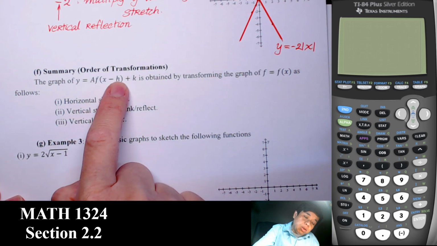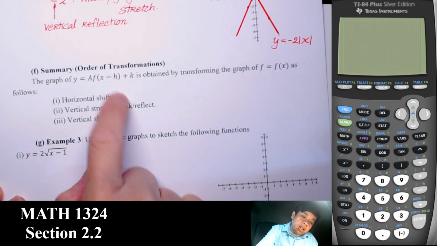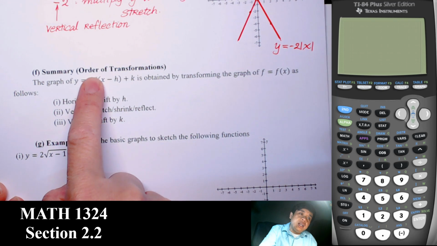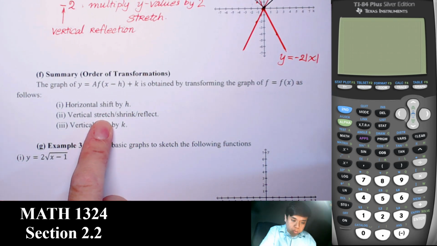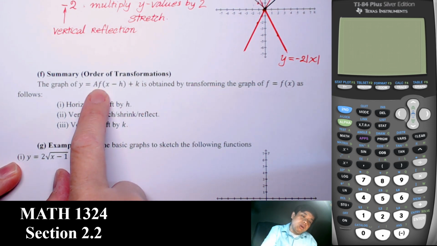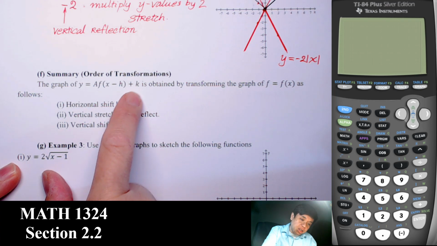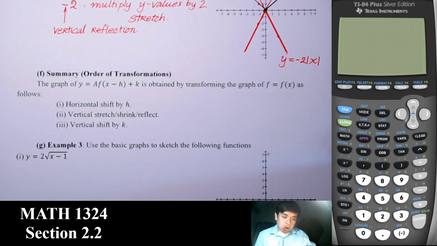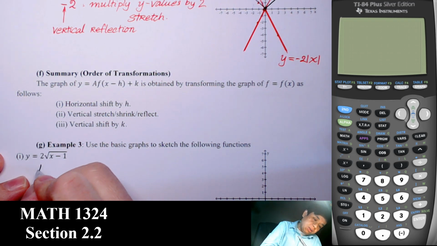So we have to take care of the h first, inside, and then outside, multiply by a. That could give us stretching, shrinking, or reflecting. And then inside, multiply, divide, add or subtract. So the k will be last. So that is the order of transformation. Like I said, I'm not focused on how the graph actually looks, but more important, what the transformation that we have. So in this case, the basic graph